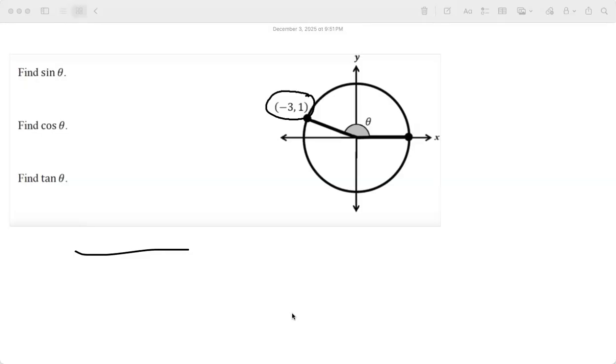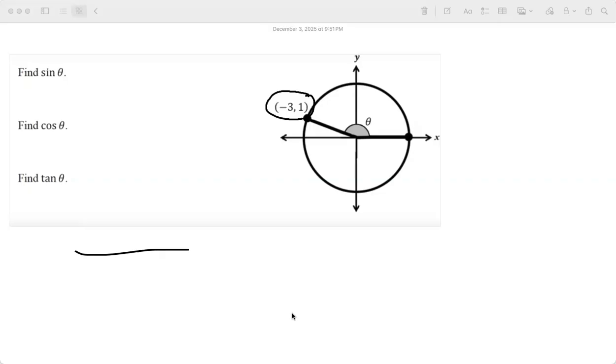Basically, the x, y point is given. The horizontal displacement and vertical displacement are clearly given. But you don't know the r value here. You need to find the hypotenuse using the Pythagorean identity. And after that, once you get the sides of the right triangle, you can easily put what is sine theta,